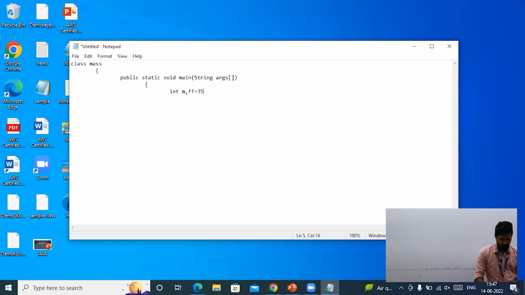Okay, we had force F equals 35, and we had acceleration equals 40, correct? Next line, what we were doing: m is equal to F multiplied by acceleration, the formula, right? And last but not the least,